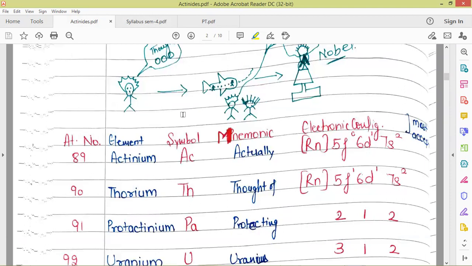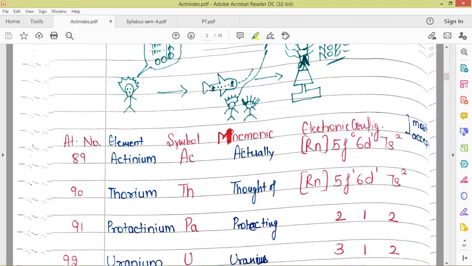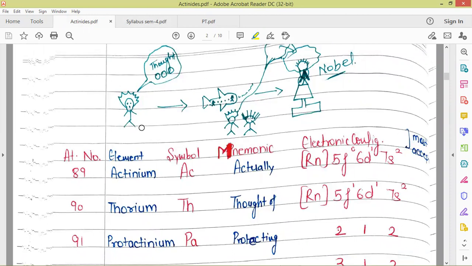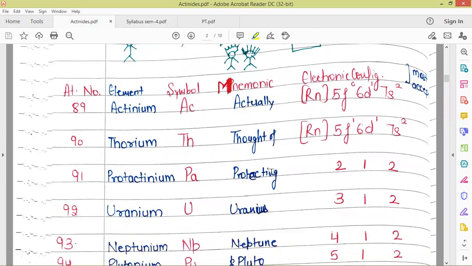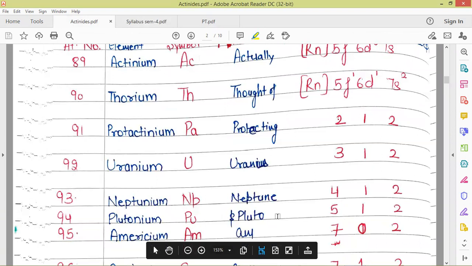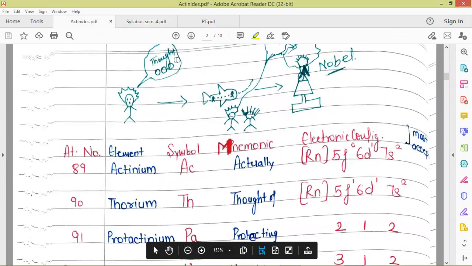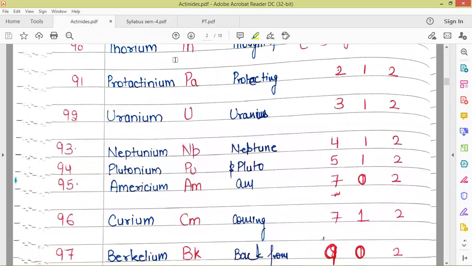To memorize this, I have created a mnemonic here. Here is a scientist who is talking over the phone to his assistant. This is a planetary scientist, or we can call him a planetary astronomer. The planetary scientists are always thinking of how to protect this planet. So this scientist is talking to his assistant about protecting Uranus, Neptune, and Pluto. These are the 3 planets. Here I have shown 3 planets. He is thinking to protect these 3 planets, that is Uranus, Neptune, Pluto.